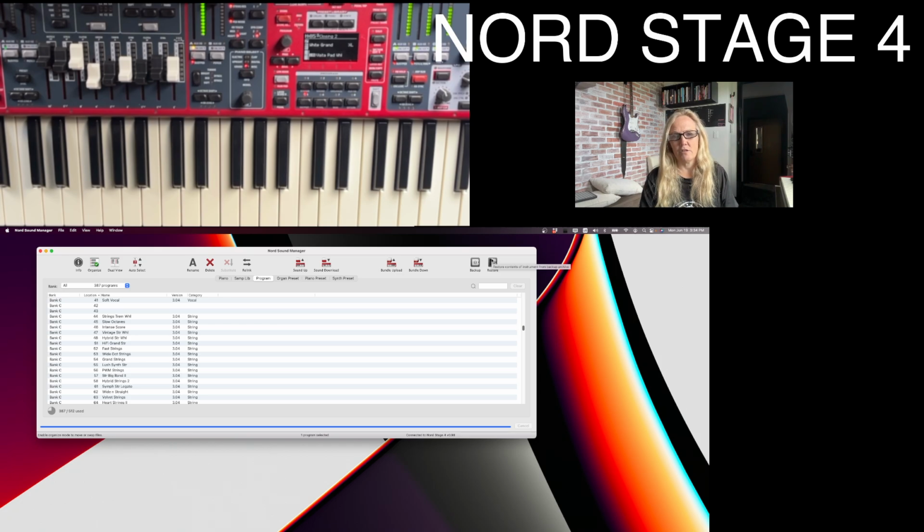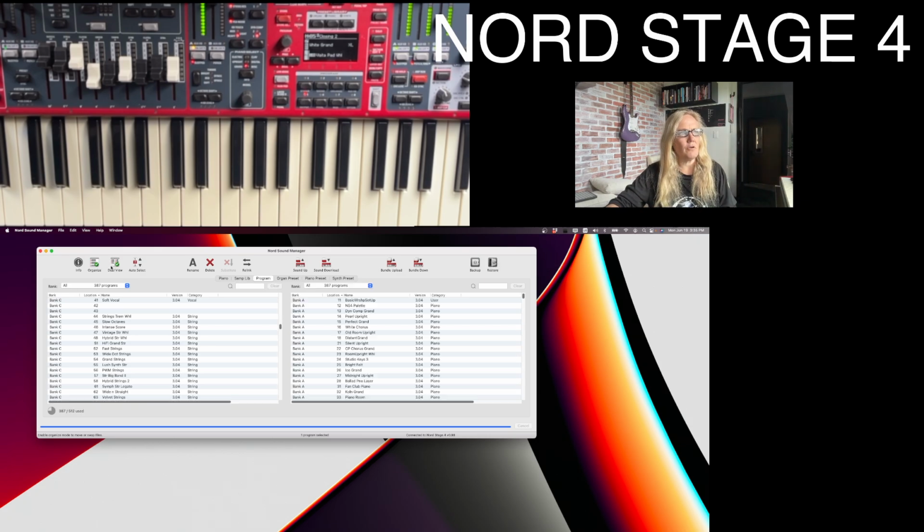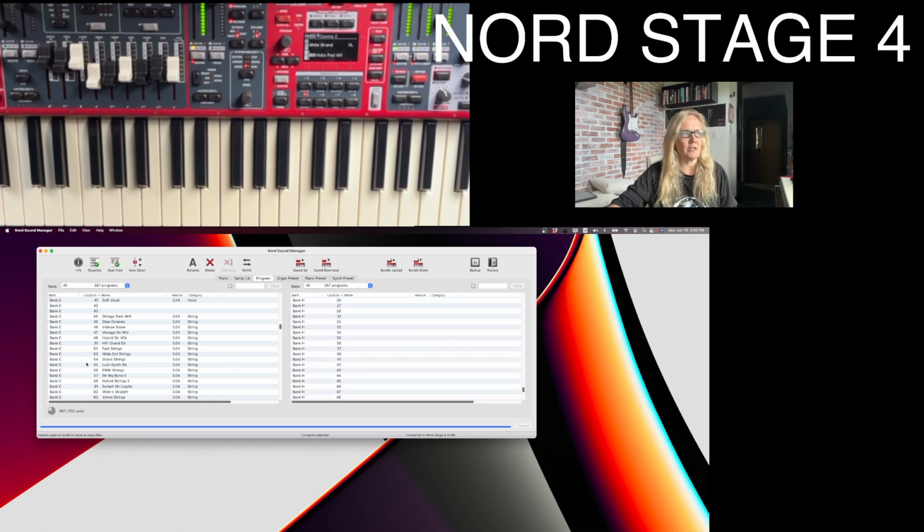But if we make significant changes, I'll let you know, and I'll push a bundle out, which will completely reset, reformat your Nord. The cool thing about this software, though, is if you want to move things around, it's really easy just to move patches. Like if I wanted to move this patch over there, I could. And then if I want to move it back, you can move patches around really simply in this